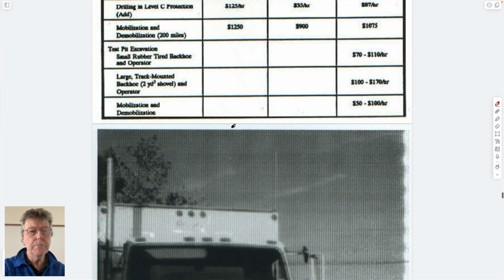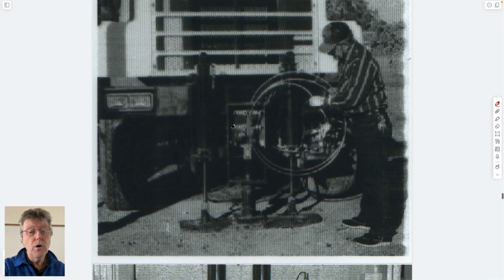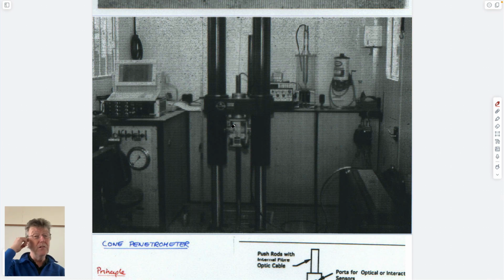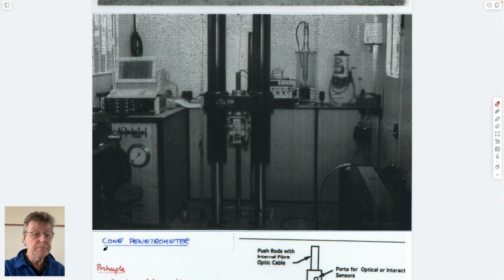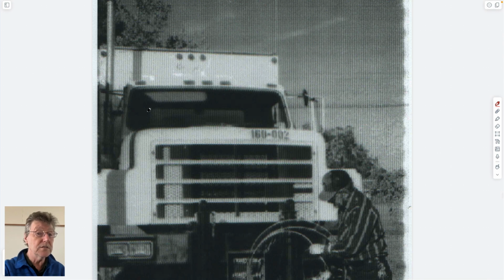is we mentioned direct push imaging. So one way to image in the subsurface but never take a sample is just to push a probe into the ground and try and use that probe to measure what's going on in the subsurface. So this is called cone penetrometer testing, which is here. And this is a not very good picture of the inside of a cone truck, so inside one of these